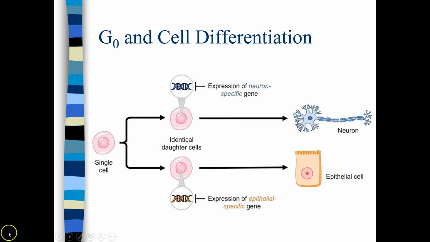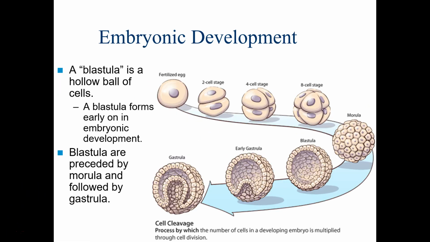Actually, hold on, let me find another slide to put in here. Okay, so I found it. This is the fertilized egg, which is called a zygote. It eventually goes through multiple rounds of cell division, and then becomes a morula, a blastula, and then a gastrula. At this point, once this big ball of cells hollows out and folds in on itself, there are three layers of cells: the endoderm, the ectoderm, and the mesoderm.